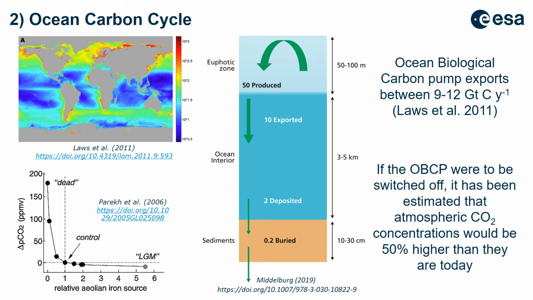Now, phytoplankton produce around 50 gigatons. Around 10 gigatons is exported to the deep ocean, the ocean interior. But then only a fraction of that actually makes it all the way down to the bottom of the ocean. And again, only a fraction of that is actually buried in the sediments. So it is a small component that's actually buried in the sediments, but over long time scales, it is critically